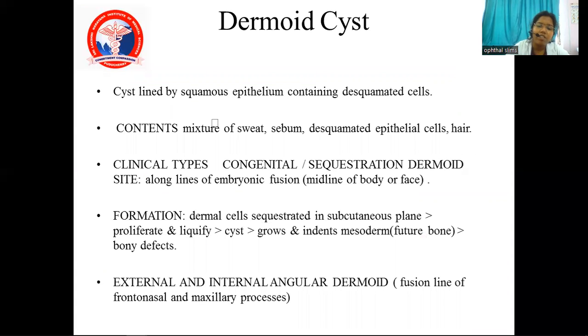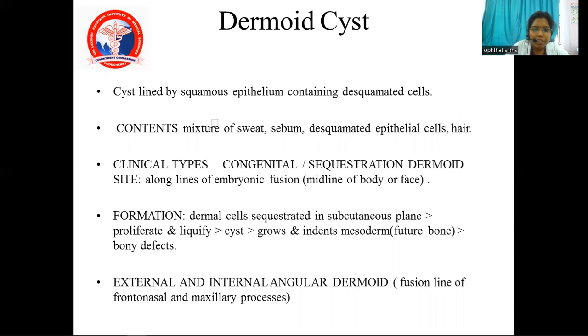Dermoid cyst. A dermoid cyst is a cyst lined by squamous epithelium containing desquamated cells. The contents of the cyst are sweat, sebum, desquamated epithelial cells, and hair. The cyst can be either congenital